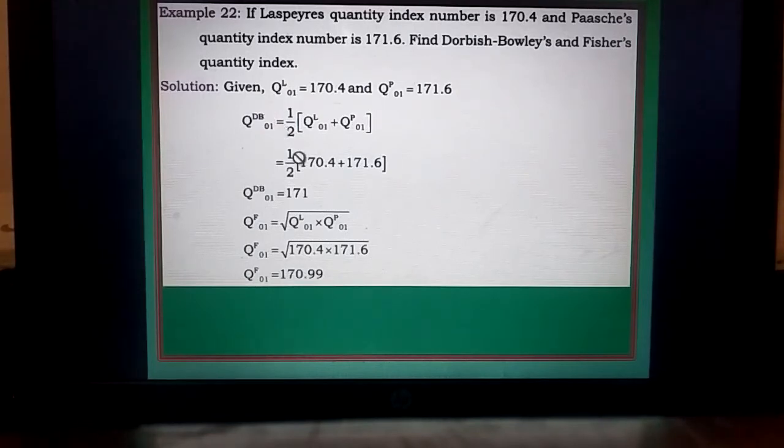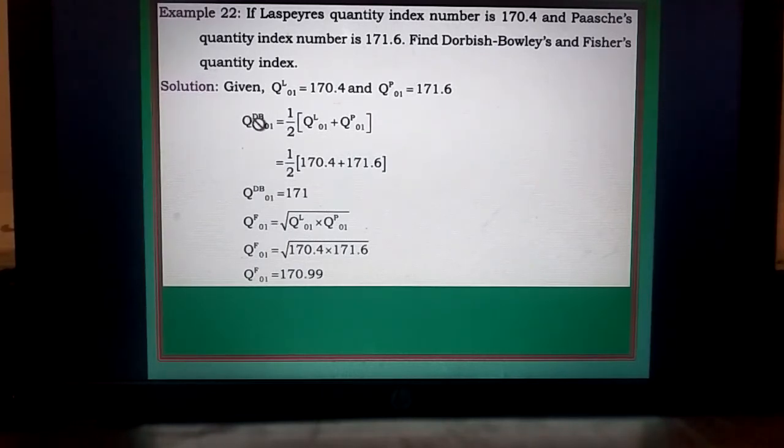So that is what is written as Q01DB is equal to half of Q01L plus Q01P. Substitute the given last year's and purchase quantity index numbers and perform the calculation. You are going to get 171, which is Dorbish-Bowley's quantity index number. Simple calculation. So here 71% increased in the current year quantity level as compared to base year based on Dorbish-Bowley's